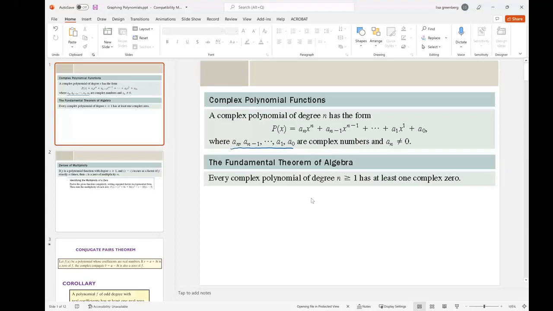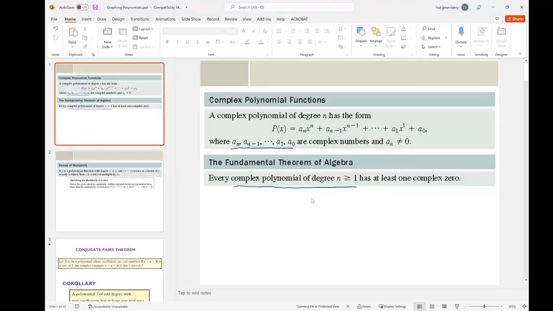The reason we say that they're complex numbers is because we can factor them. If we factor them into linear factors, then we can have complex zeros or complex roots. We will go over it all. The fundamental theorem of algebra says that every complex polynomial, as long as the degree is greater than or equal